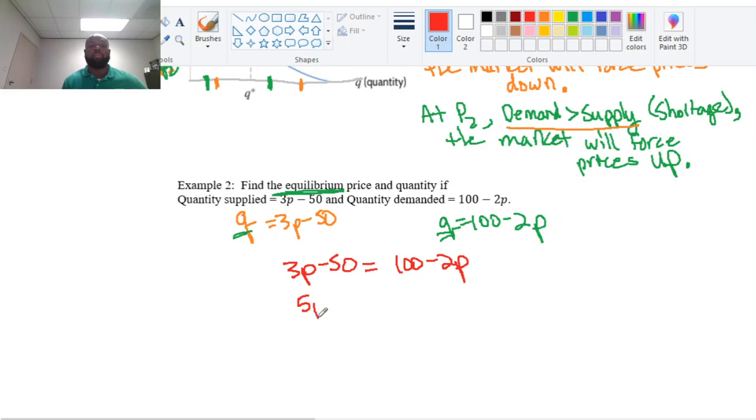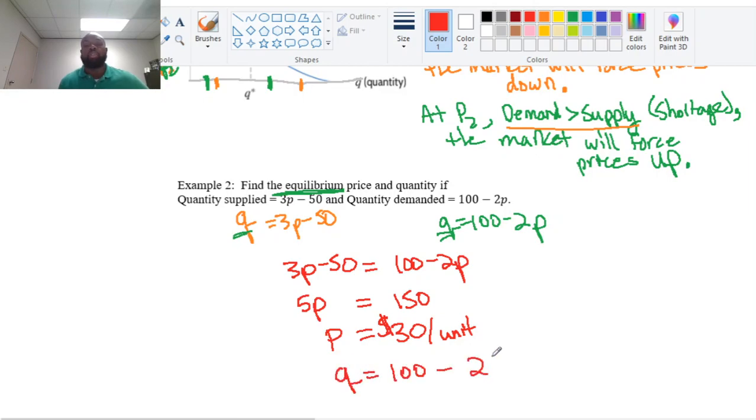So I'm going to add 2P to both sides and add 50 to both sides. I'm going to divide both sides by 5, and I get 30, right? So $30 per unit is going to be the price. And if I want to find the quantity, I go back and plug the 30 into each of these equations. Either one of those equations, notice since the Q's are the same for that P, no matter which equation I plug it into, I'm going to get the same value. I'm going to plug it into this one. It looks easier to me. And so I'm going to say that Q is going to equal 100 minus 2 times 30, which is 40